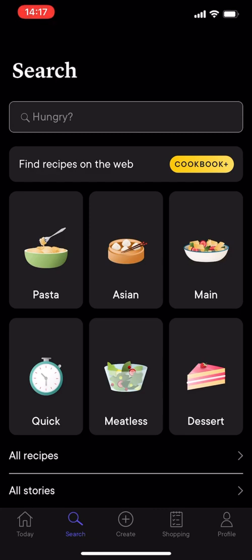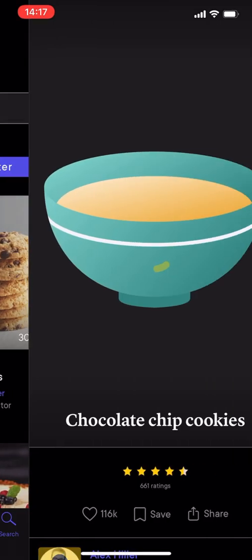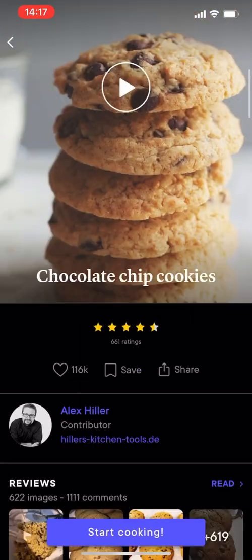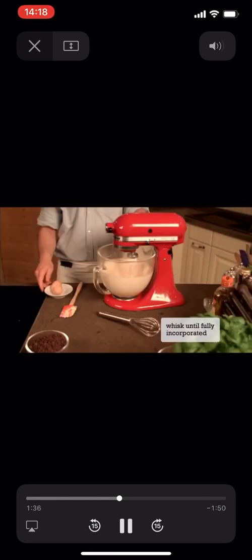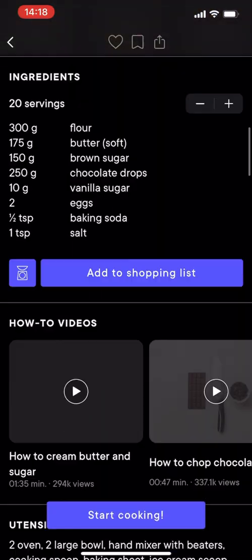For the Search tab here, you come and find a specific thing that you're interested in. Let's say I'm interested in making dessert. I can see some chocolate chip cookies, and it even has a video that I can check out. Let me see how fast these videos load. Classic chocolate chip cookies. And it's just a full recipe that you can check out and actually do in your own kitchen,